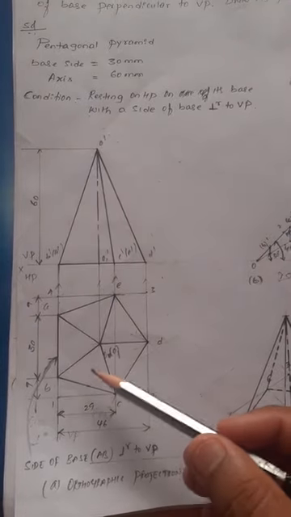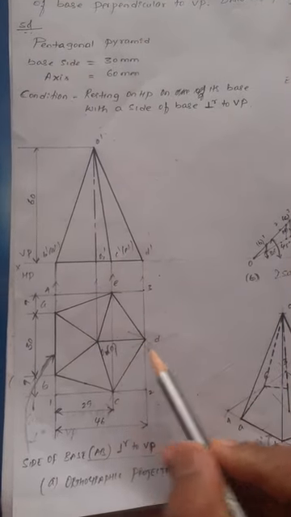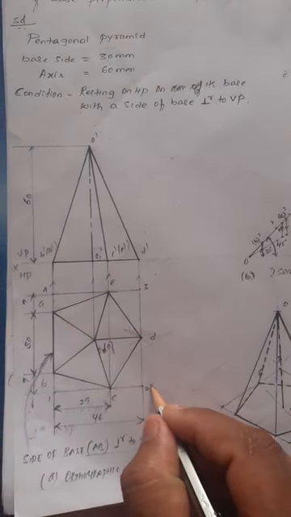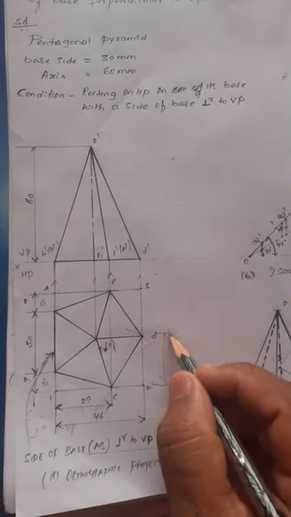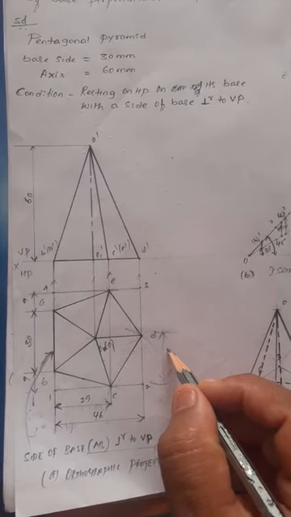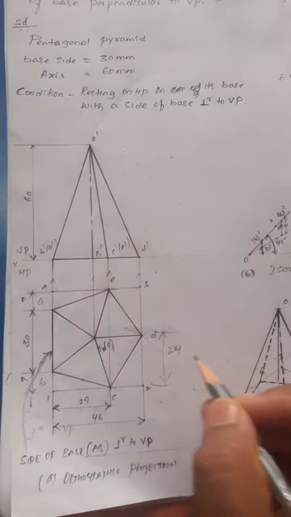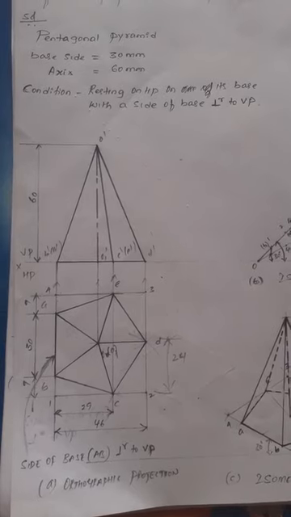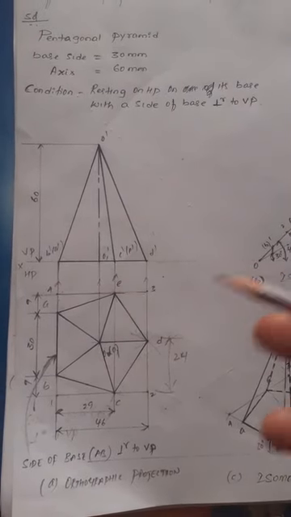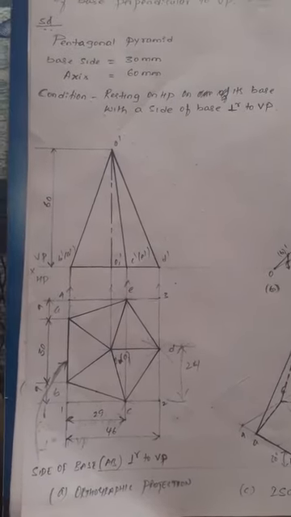Then if you want to measure 1 to O dash, or 2 to D dash, how much will you get? 48 divided by 2 is 24. I think you already know the construction of a pentagonal lamina. It is the same, and it is bound by a rectangular box, right?